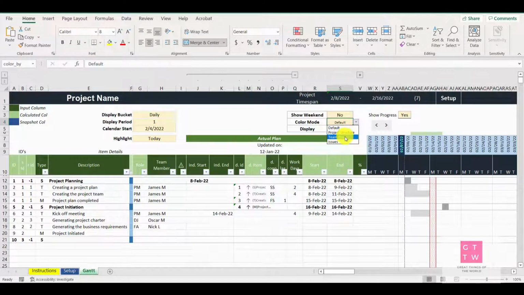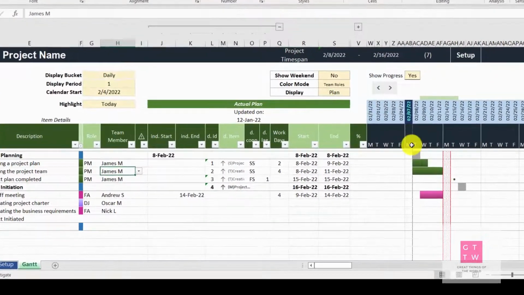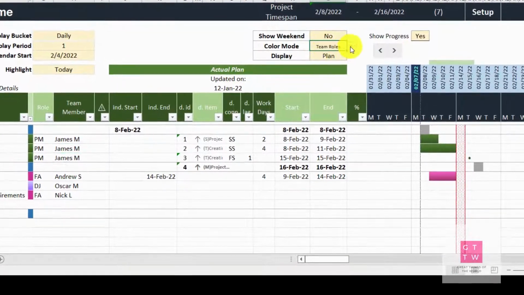Similarly, if you see the team roles, based on the team's roles, the color will change. So right now I have got 3 different people. Okay, let's change this one to Andrew and see the color should change. You see that, the color of Andrew is pink. Maybe James, if I change the color, it will change. So you can have colors by roles. You can have visualization by project structure,